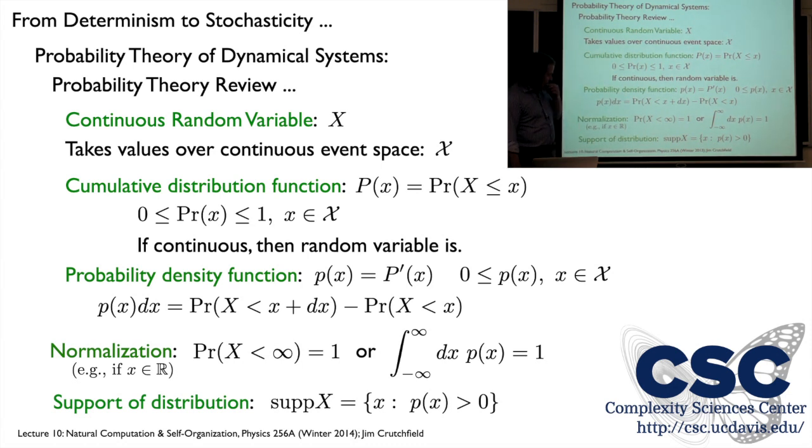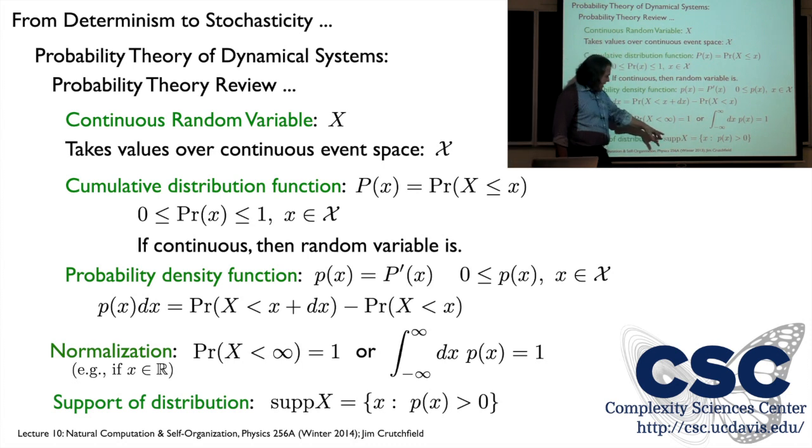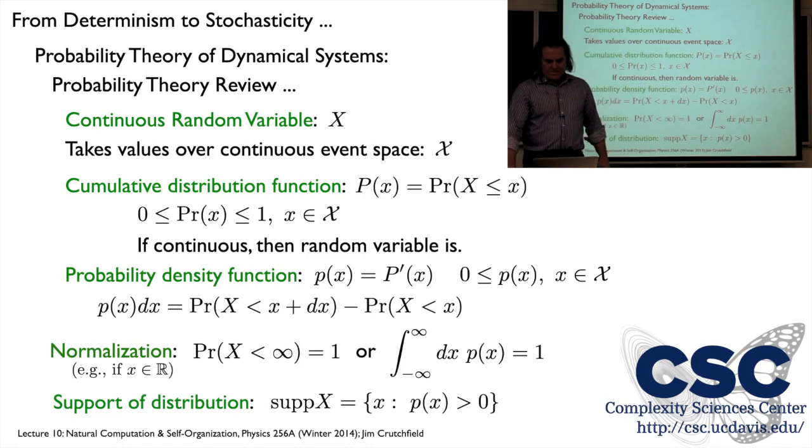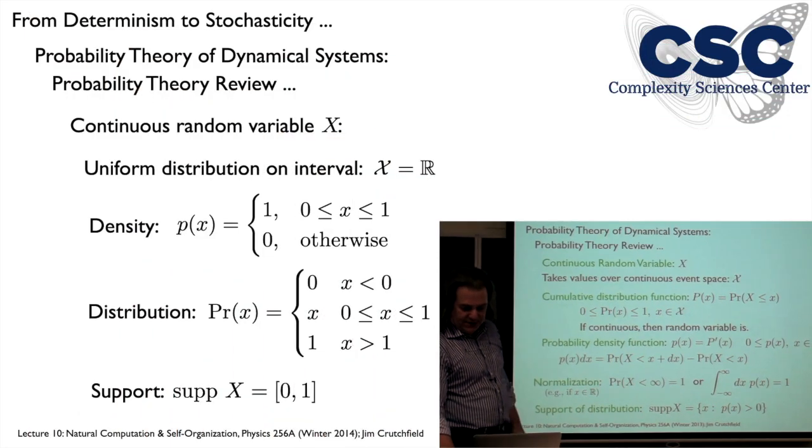One useful notion, which also applies to discrete distributions, if I give you a random variable and its distribution, sometimes we're interested in the support of the random variable, and those are simply the events, the realization values, the events that have positive probability. Okay, just definitions here.